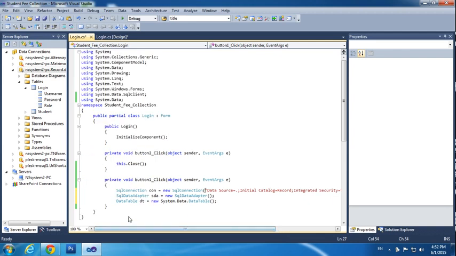Okay, now I will write the code here. Select role from table name login, where username. So I will check the column name here, to check the column name: username plus textbox1.text,